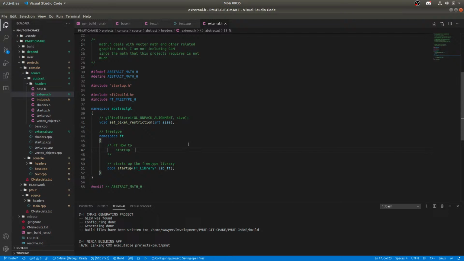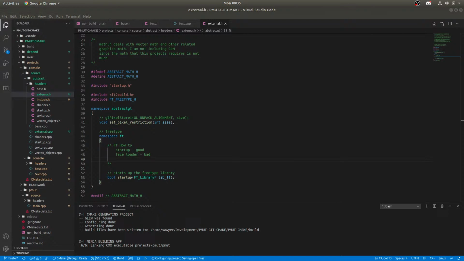Startup is good. Next thing I need to add is a face loader, which is bad. I've not added that yet. And then after that is